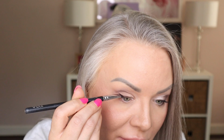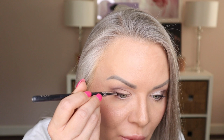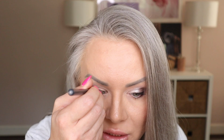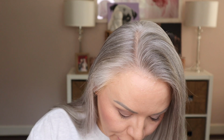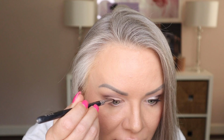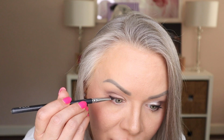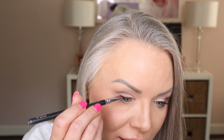I like to build up the color a little bit thicker towards the outer part of the eye and then really thin that out along the lash line as I go towards my inner corner. I love using powder for liner. Once again, because of my oily skin type, it just is a much, much better fit. Stays put a lot longer. And really press that into the lash line, because next we're gonna try to diffuse this a little bit without